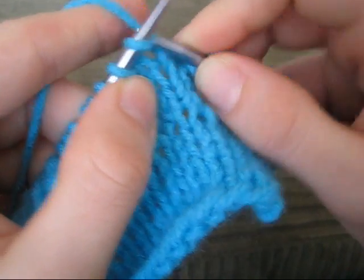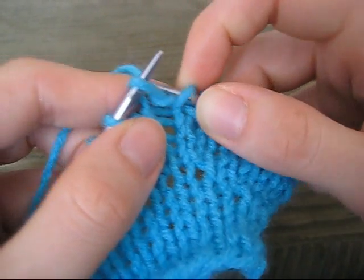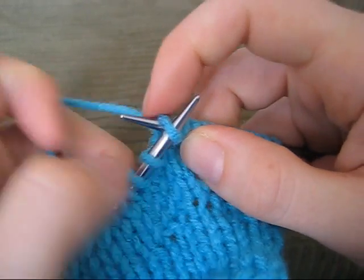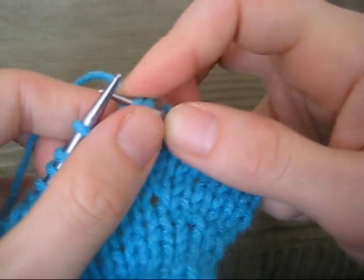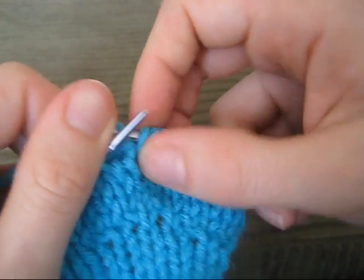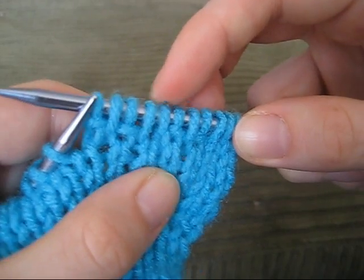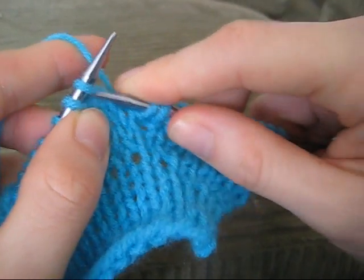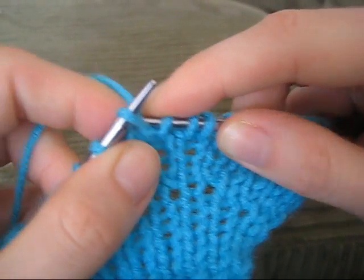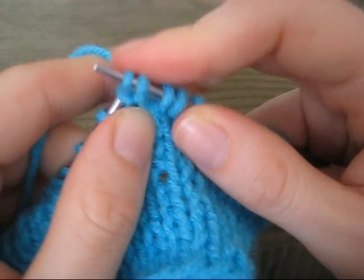So again, we knit the first stitch like one would normally, insert your needle into the back of the stitch, wrap the yarn around, and pull it through. So you can see we're increasing these stitches without leaving a hole like you might see if you used yarn overs. So you knit into the front of the stitch, stick the needle through the back, knit into the back